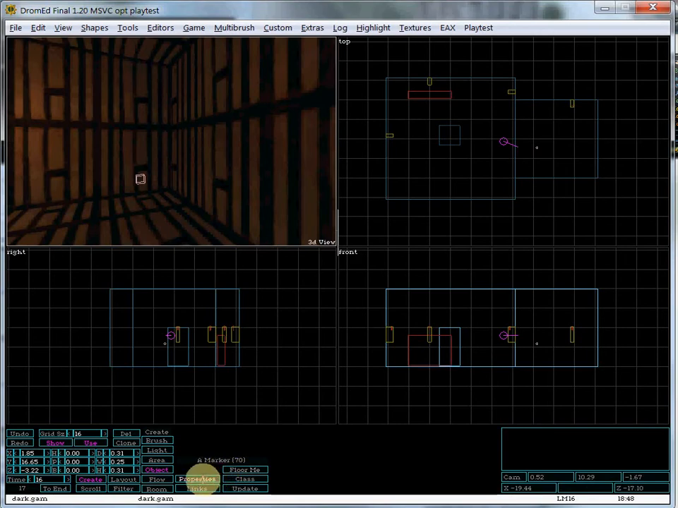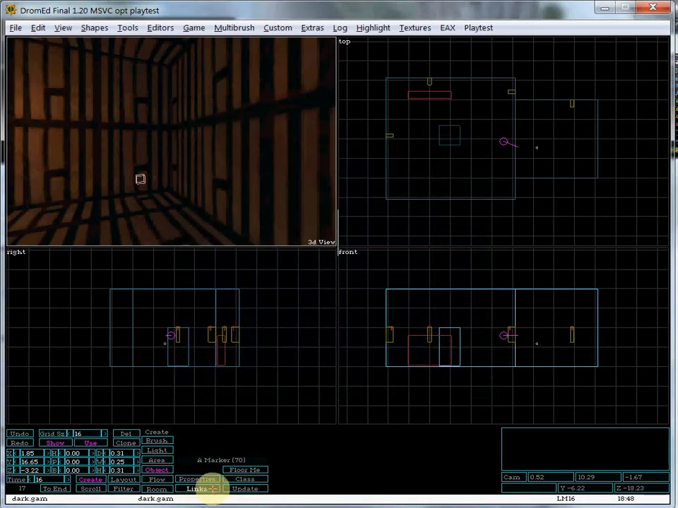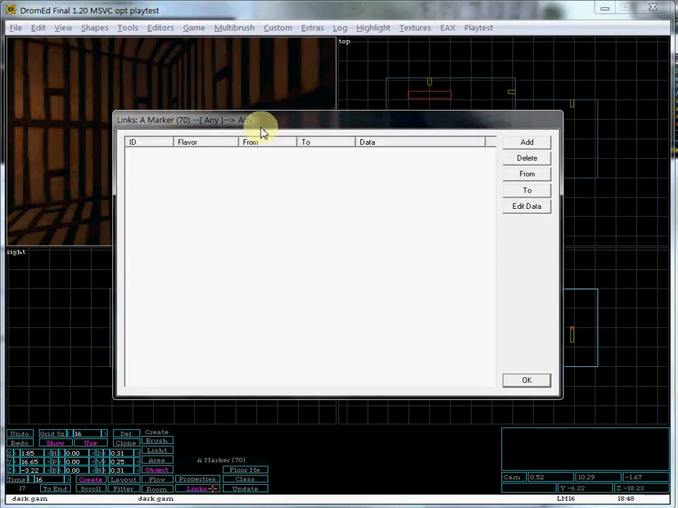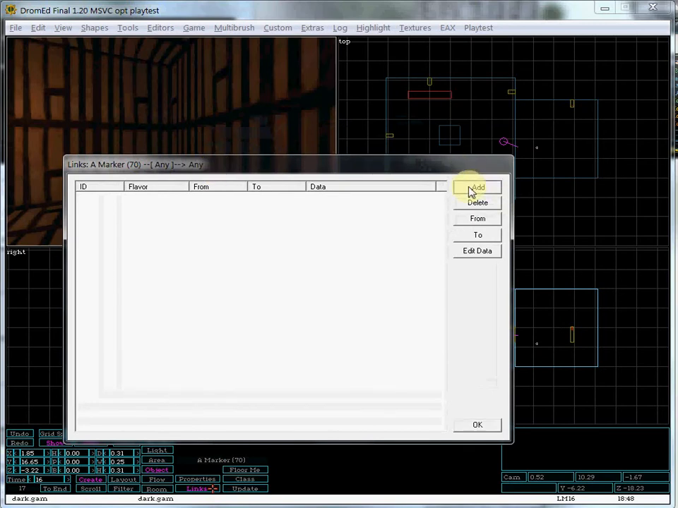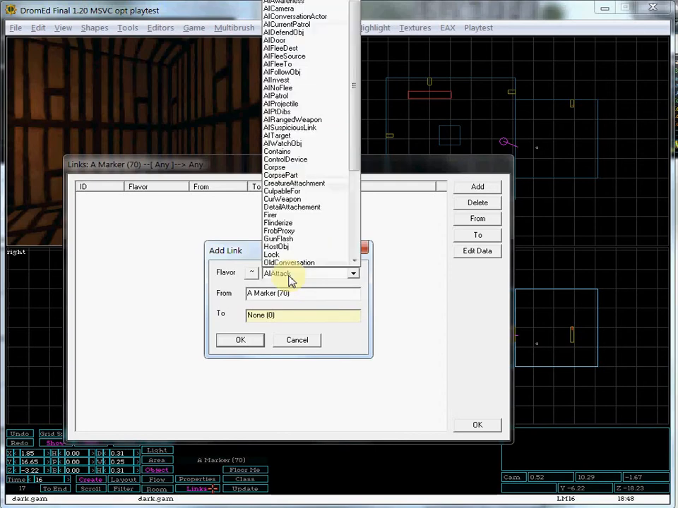So the next thing you want to do is, let's go to properties. Actually, let's not do that. We'll do that in the next video. So instead we're going to do links. That will bring up this. You'll go to add. This is basically how you set up certain sort of scripts between objects. So we're going to do